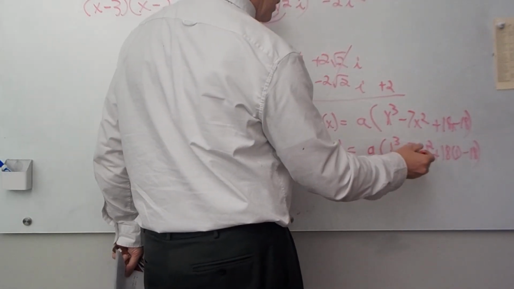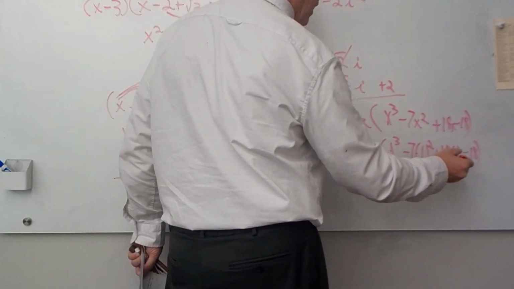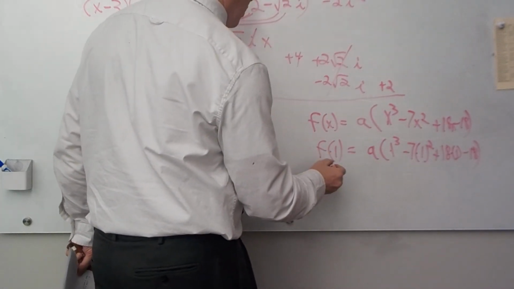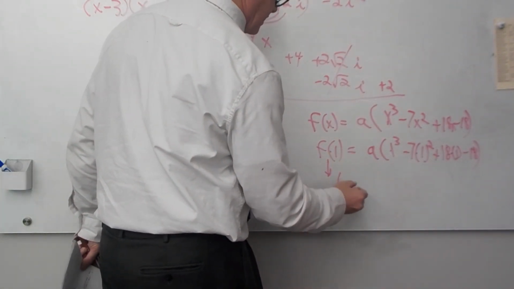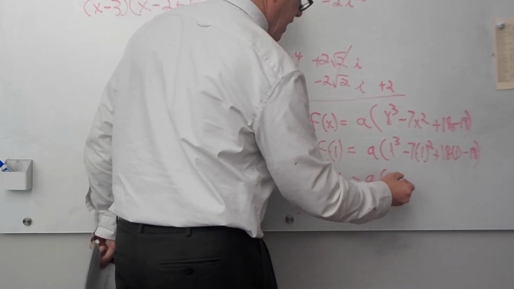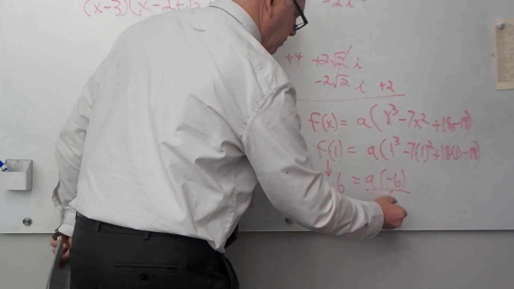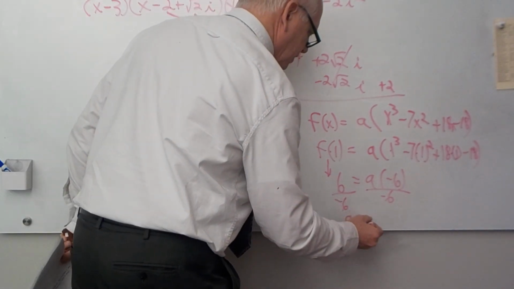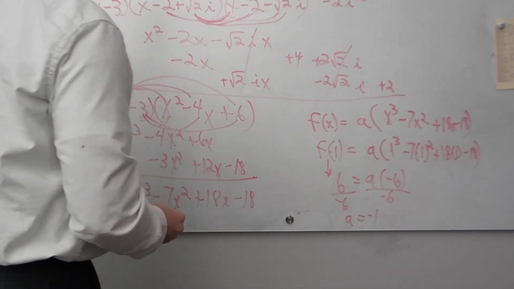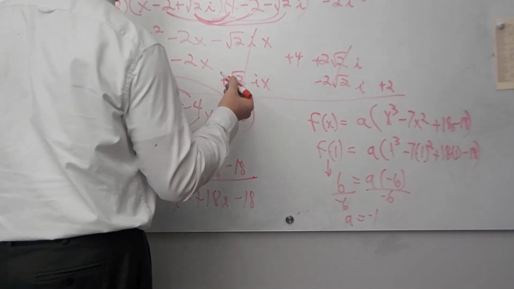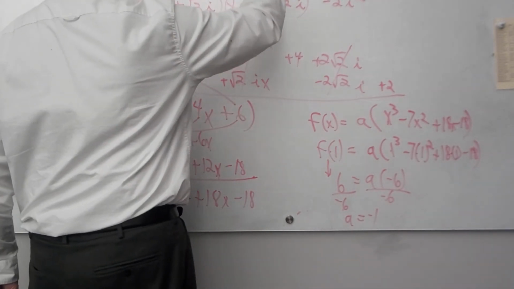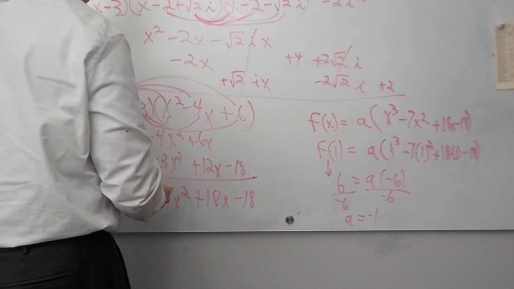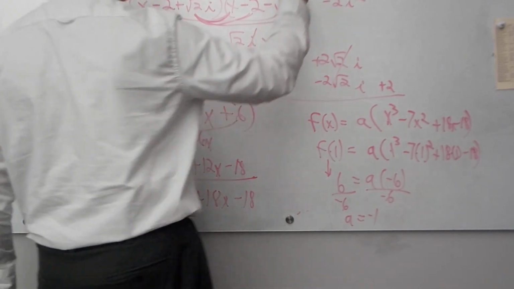All right, that's 1 minus 7, that's negative 6. These two cancel out, that's 0. So f of 1, which we are told is 6, equals a times negative 6. And if I divide through by negative 6 to figure out what that a value is, I get a is negative 1. So my final answer, my function f of x is negative 1 times, that's that multiple we're going to do, x cubed